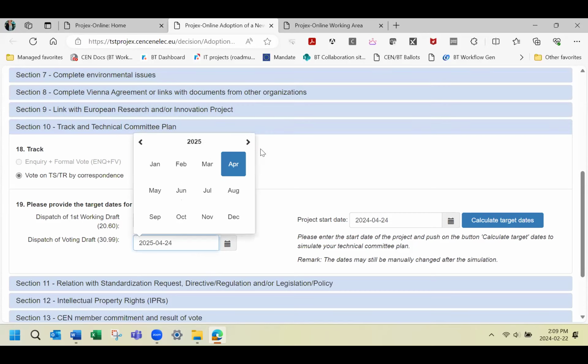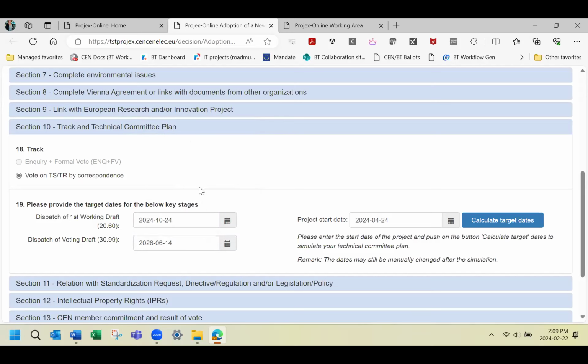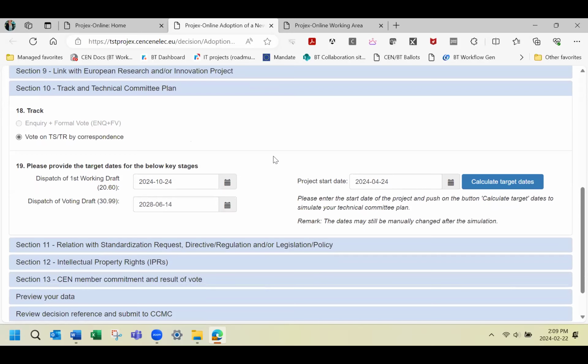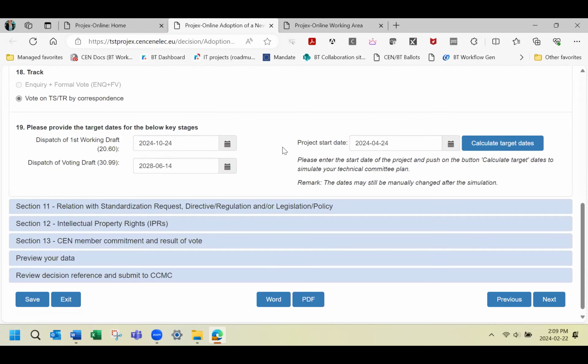So I will change it. Well, let's say I go for June 2028. It works as well. So, as you can see, you can choose any date now. There's no more limitation.